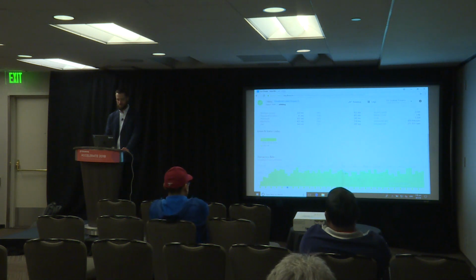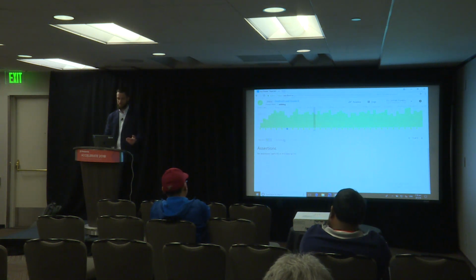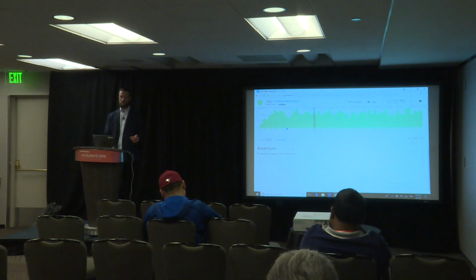So these are all of the traces we've taken of actual requests that took place over the network. So if I go into one of these, we get the actual wire response of what was happening, similar to what you would see in the network panel within Google Chrome. We could also set up things like assertions and extractions within JMeter directly through our test within Tosca. So they will appear in here if we make any expectations of particular results appearing, which can be really useful to assert that an error wasn't